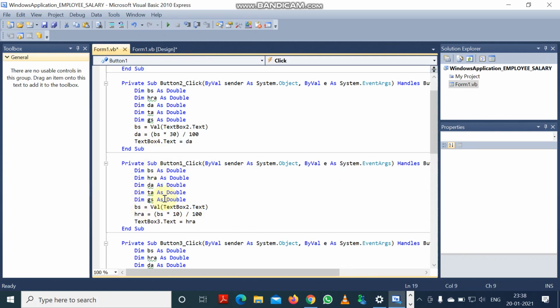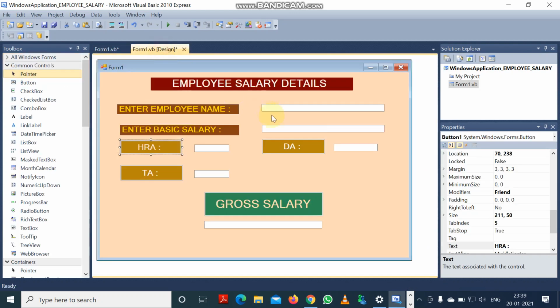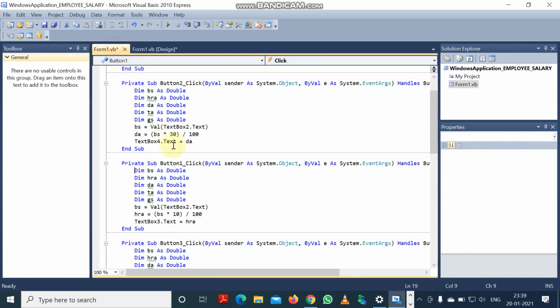So 5 variables of double data type are taken. After that, the text box 2, this is the text box 2 where the user will give the salary, and that salary is the value.